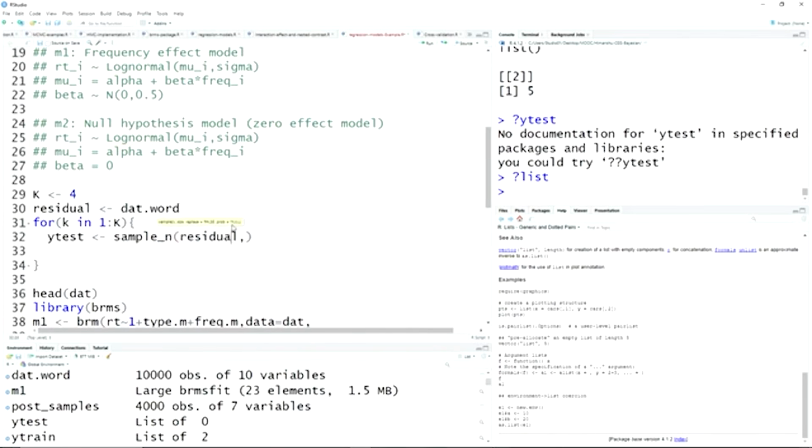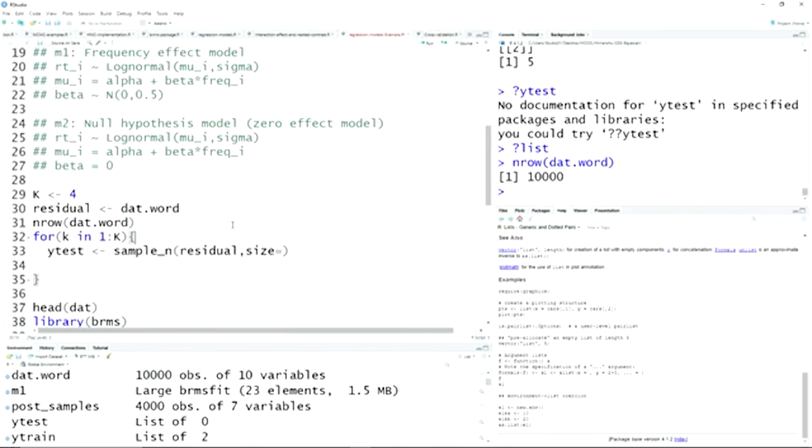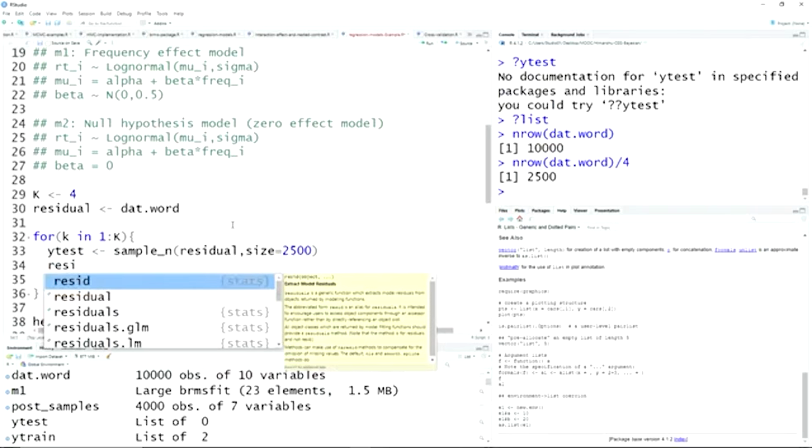This is used for sampling observations. How many observations do you want to sample? We are using 4 folds. How many total observations do you have? 10,000. So in each fold there should be 2,500. So let's sample 2,500 observations here. And now the remaining residual will become the